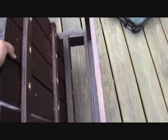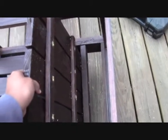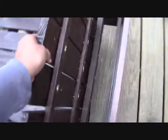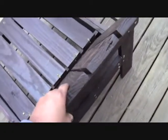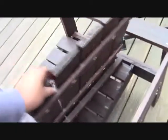So what I'm going to do is get this. I want you to see how it's laid in here. I don't know if I can zoom back anymore. I can't. This will fit right in that support right there. As you can see, you see how it's fitting right in? So what I'm going to do is screw this in on both sides. Then I'm going to lay it back to the angle that I want it, and then screw the back into the seat for extra support. And then that's it. I have my chair, and it'll look something like this